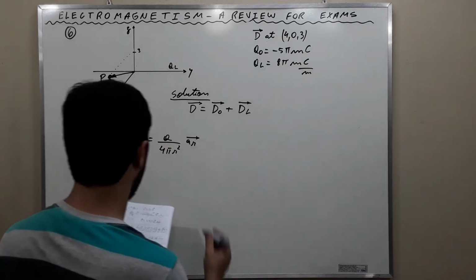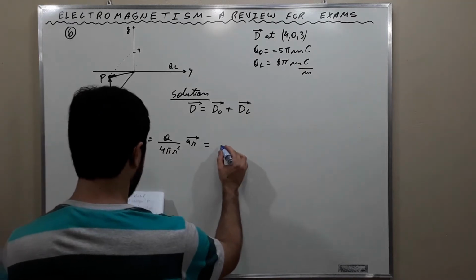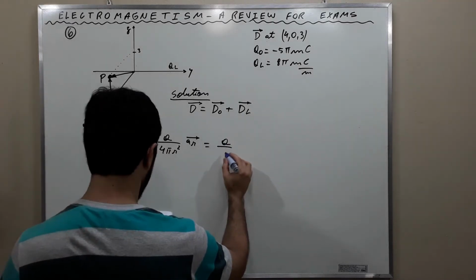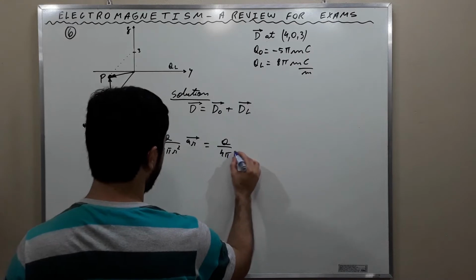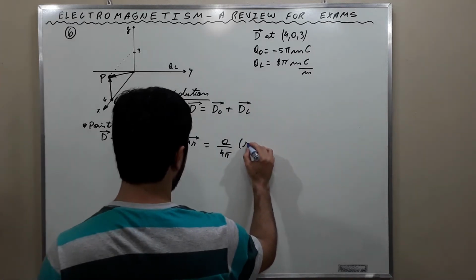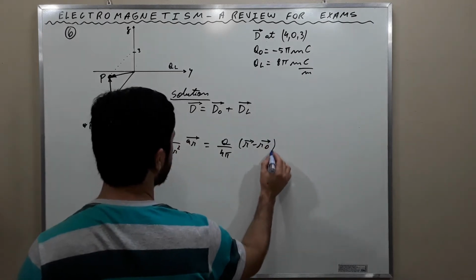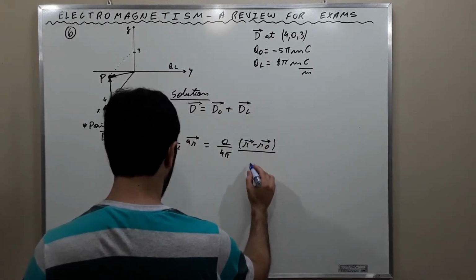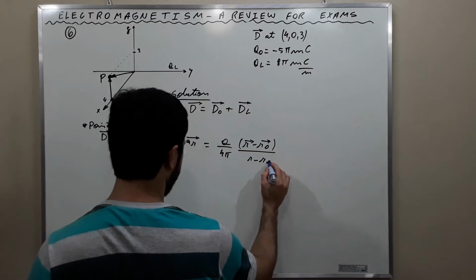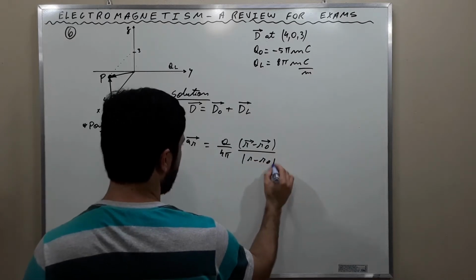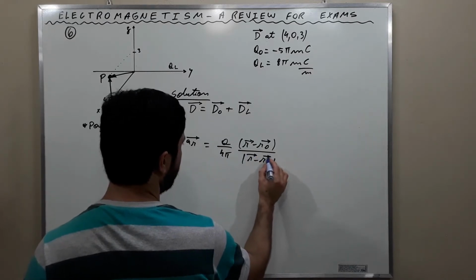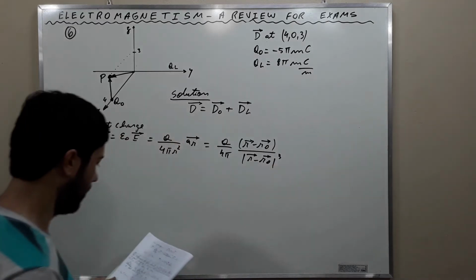And this can be rewritten as Q over 4 pi times r minus r0 over the magnitude of r minus r0 cubed. Okay,